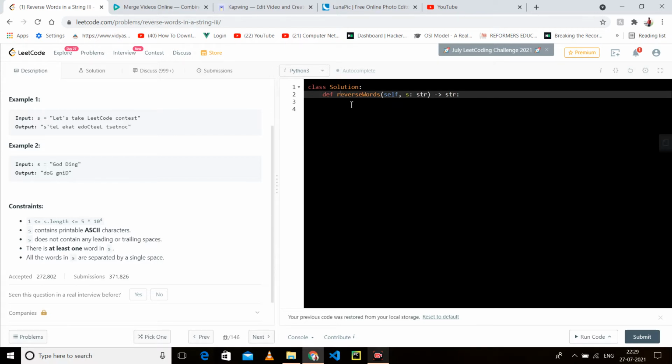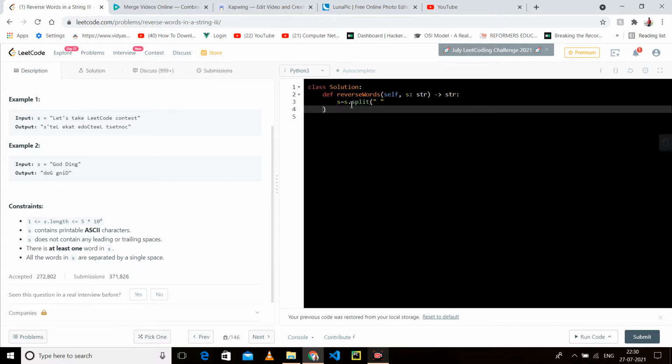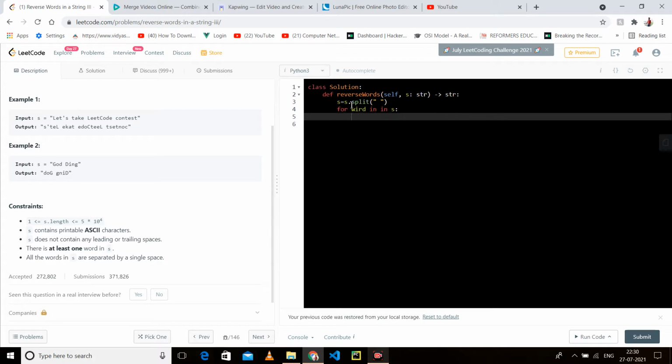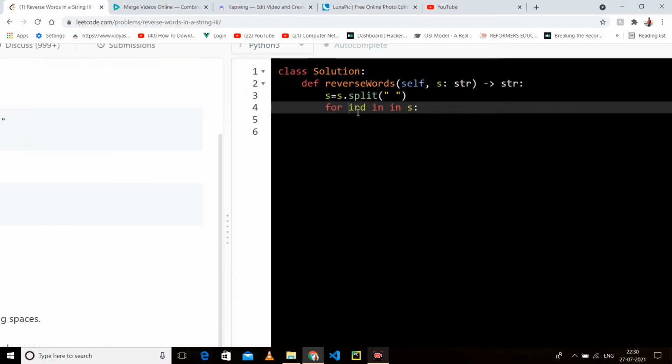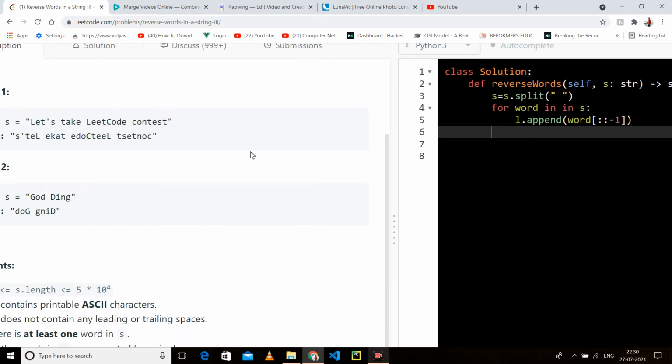So let's do it. First let's split it. Now I am just reversing each word because I have split it.